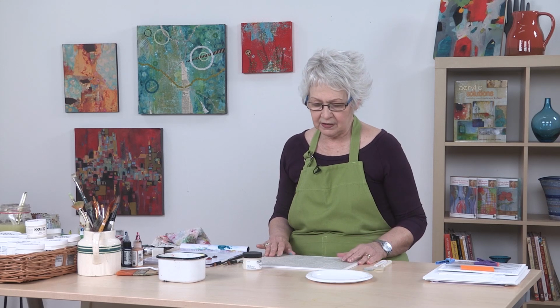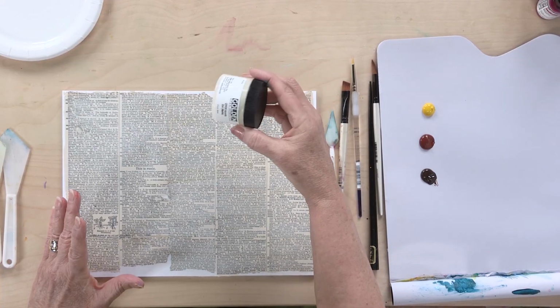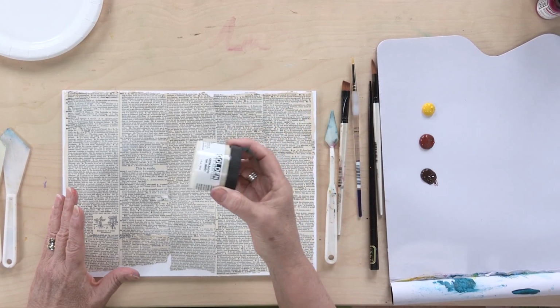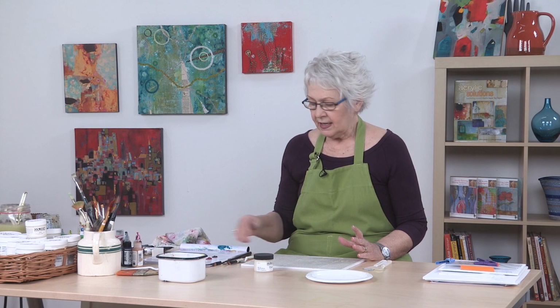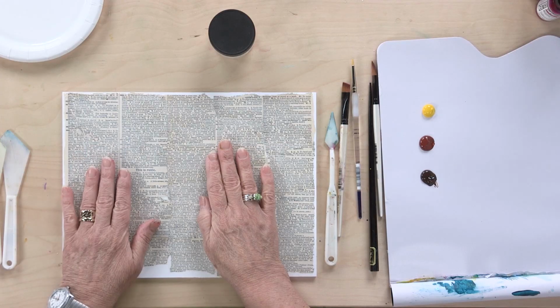I love to play with this technique. It's especially fun if you're a hesitant person and you really don't want to make a mark that's locked in stone right away. It requires using the open gel medium. I've got matte here, it comes in gloss as well, and the open paint. And essentially I prepared a board that has